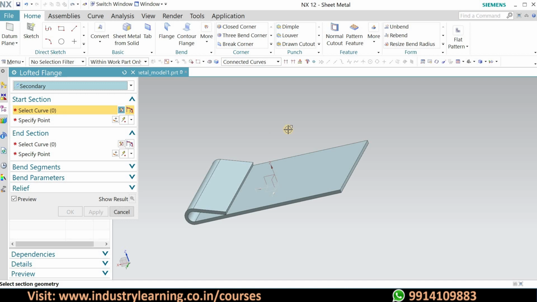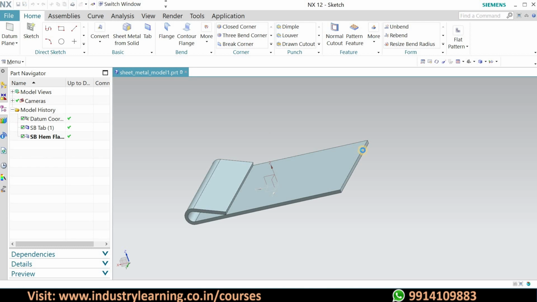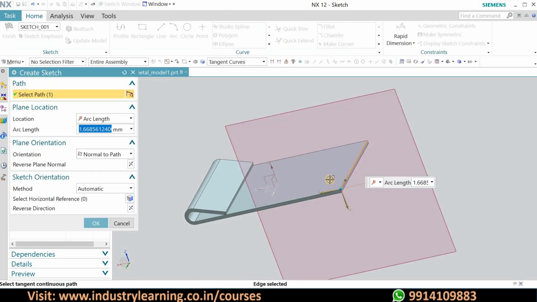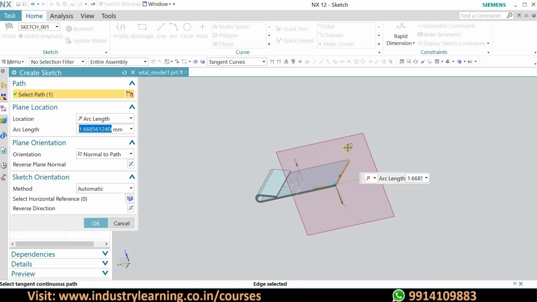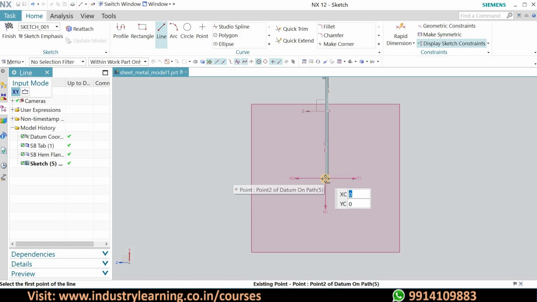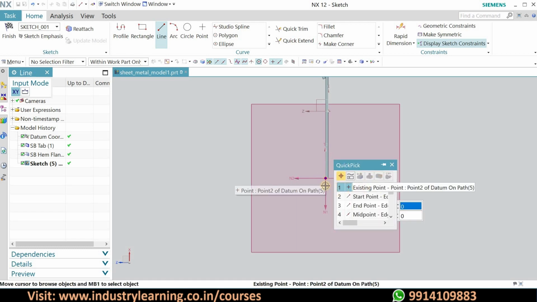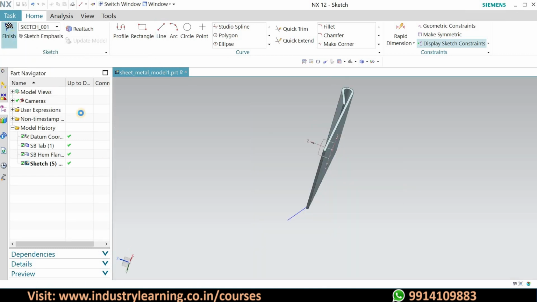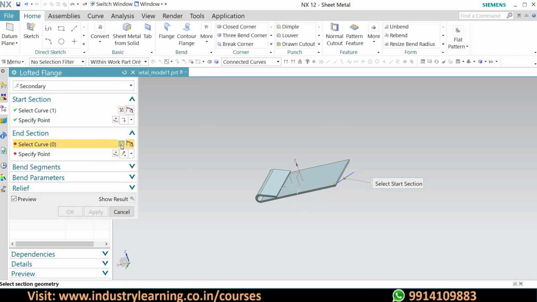So first of all, let us see this first option, and for that we have to click here on curve 1. I have created this at curve 1, and here we saw that one plane perpendicular to this curve has been created. In this plane we will provide the direction in which this lofted flange will tilt. So I am providing it in this direction, and click finish.